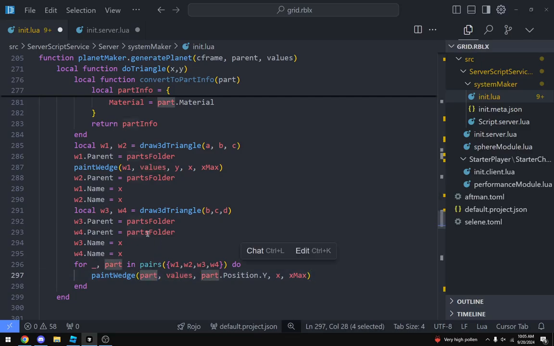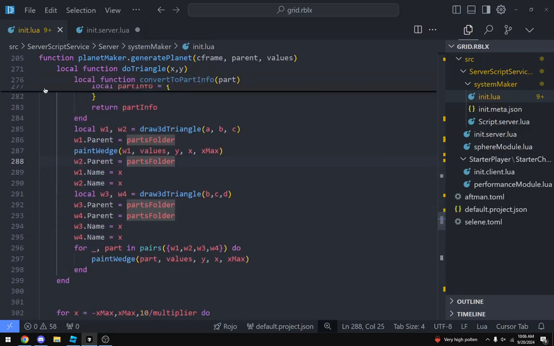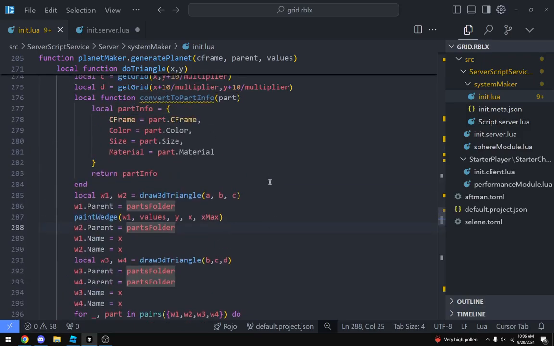Part. I'm just going crazy. What's this? Why do I have a black line, VS Code? Oh, I see.